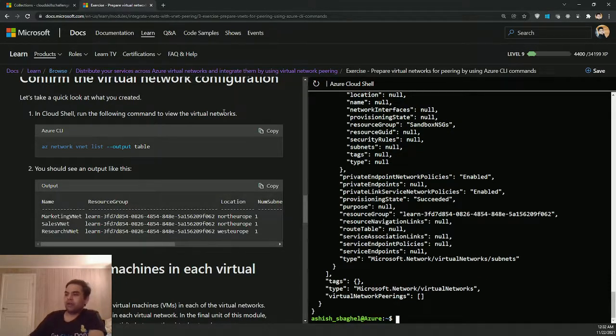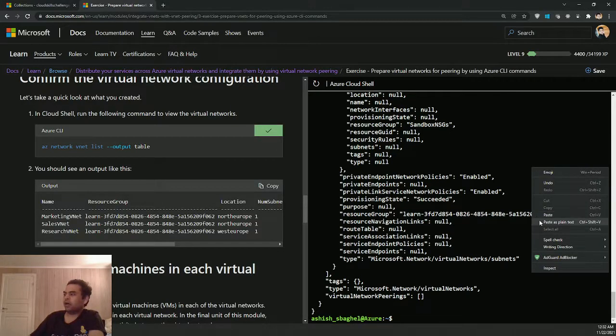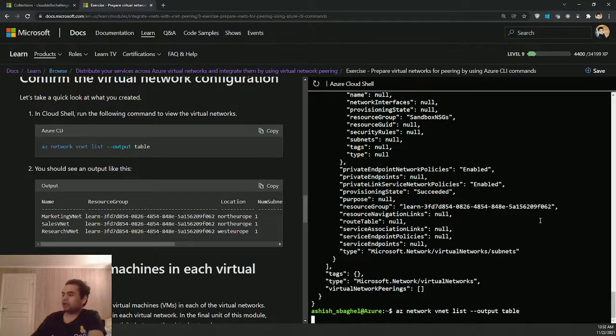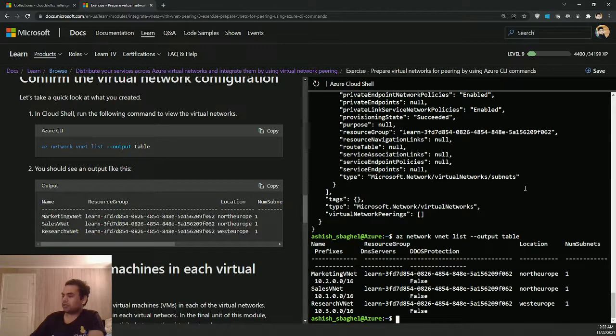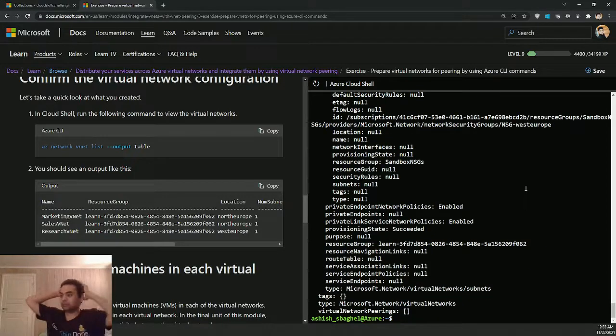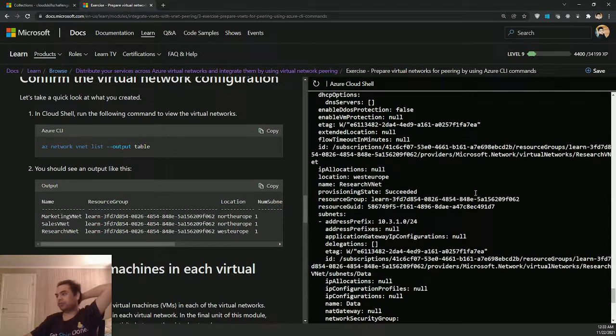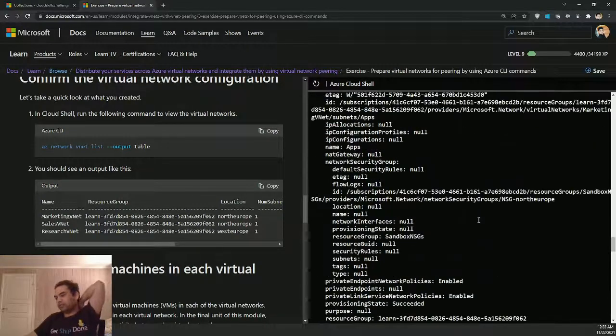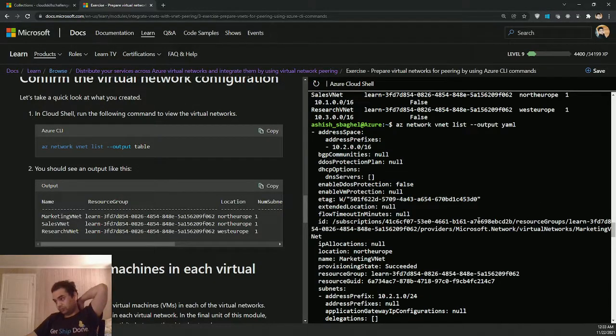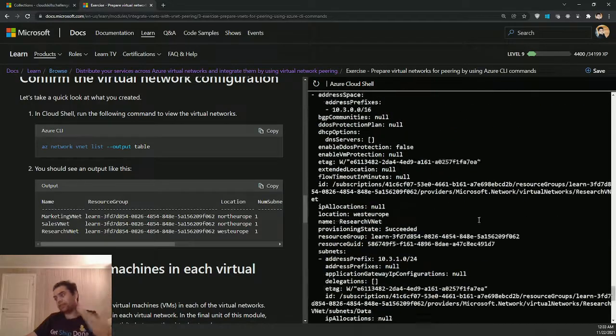In Cloud Shell, run the following commands to view the network. az network vnet list, output table, and output YAML. Oh, YAML has tons of information, bro. Anyways,